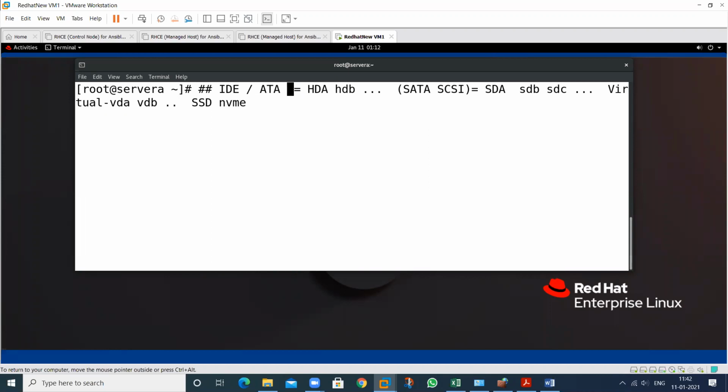It has a 40 pin connector. Starting out, we used hard disks with a 40 pin connector. Then after that, we used a 7 pin connector. So recently we use this one. In a company environment, we use this one. This has a different connector, and different types of SCSI hard disk are available.